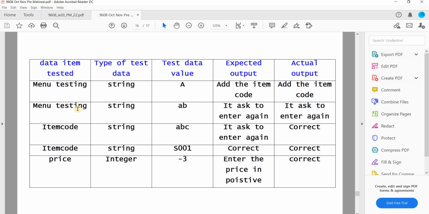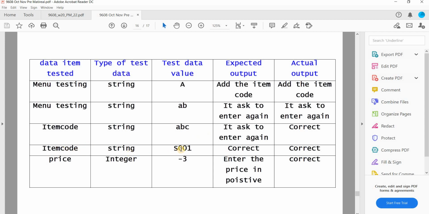Menu testing again. Data type is string. If I enter AB, it asks to enter again because AB is not a menu option. And item code, suppose that is a string. If I enter ABC, it asks to enter again, and that is correct, because ABC is not valid.